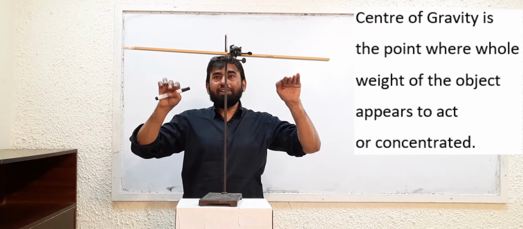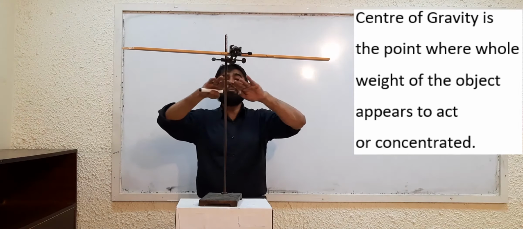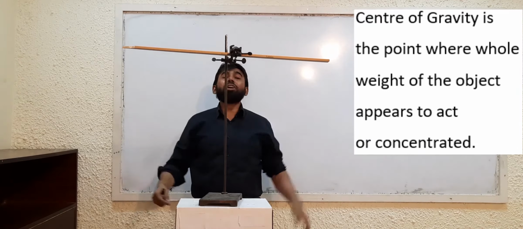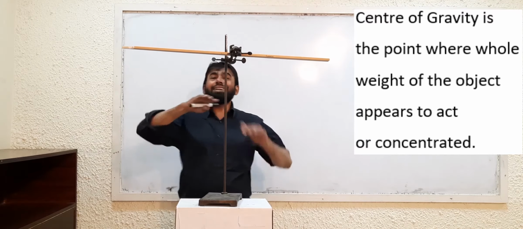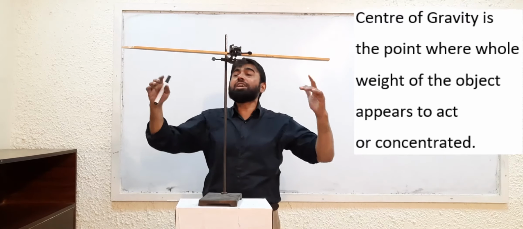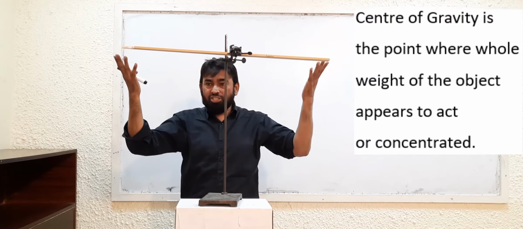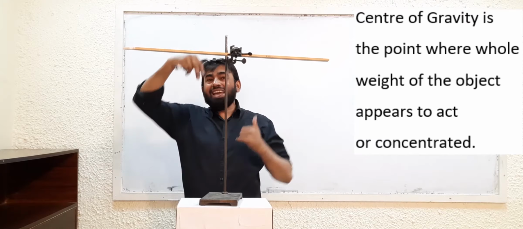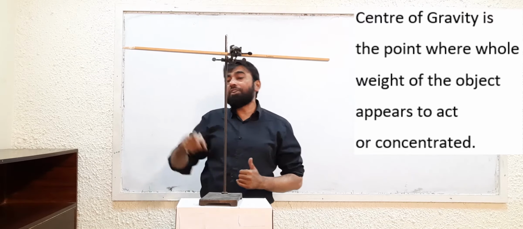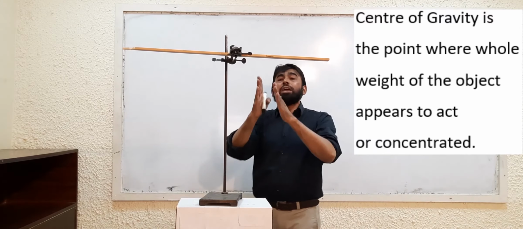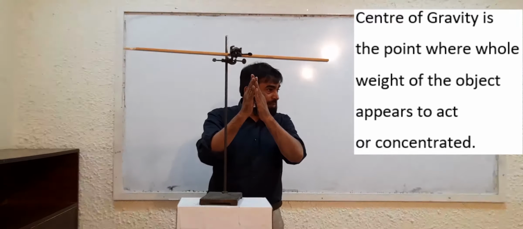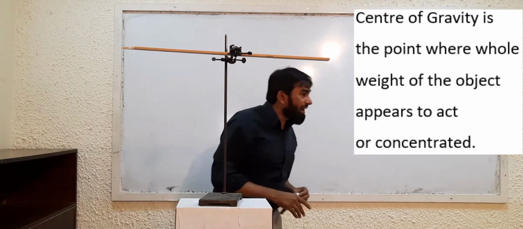If it is not balancing perfectly, and if it has become totally horizontal, you can check its horizontalness with the help of any instrument. If you find that it is completely horizontal, then you can say that on both sides the mass is equal, and the weight is acting at the center of gravity. If it is slightly leaning to one side, it means I am not able to balance it at the perfect center of gravity, okay?